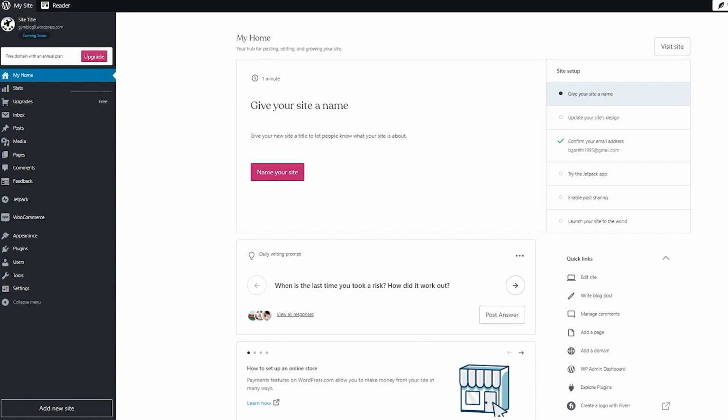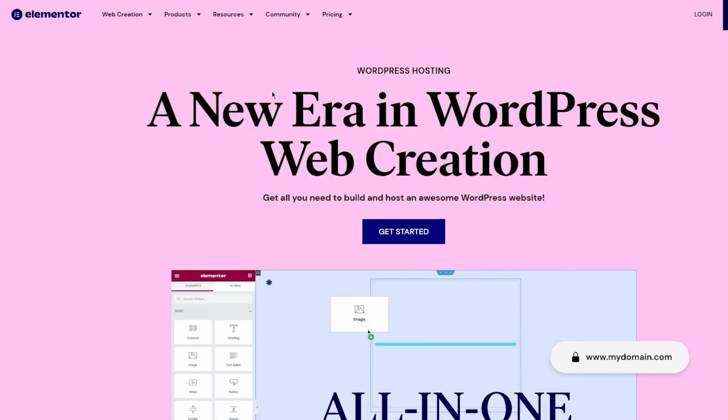So, trying to decide if Elementor is the right WordPress builder for you. Basically, the table of contents is huge. What does Elementor offer? Who is Elementor for? Elementor's pricing, and all that stuff that we've already discussed. Now, when it comes to the offering of Elementor, Elementor is a visual drag and drop page editor, as we